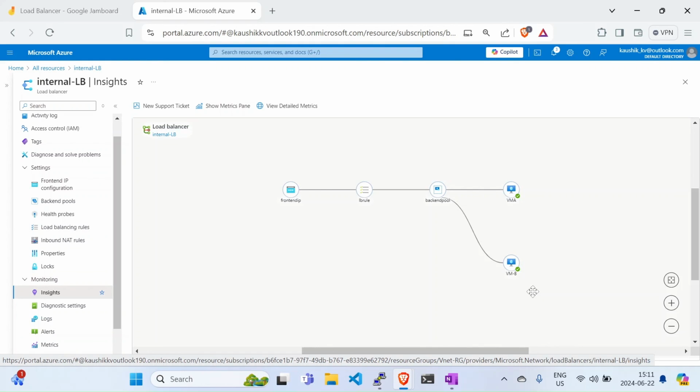Now, a scenario for internal microservices. Consider a microservices architecture where different services need to communicate within a virtual network. An internal load balancer can distribute traffic between services like an API gateway and backend servers. For instance, an order processing service might need to communicate with an inventory service. By setting up an internal load balancer, you can ensure that traffic is balanced across multiple instances of the inventory service. This enhances reliability and